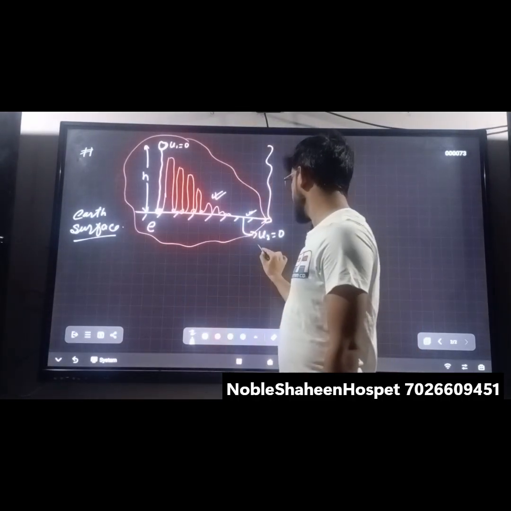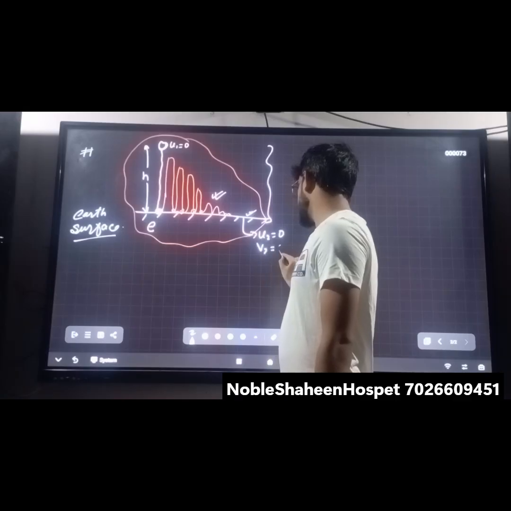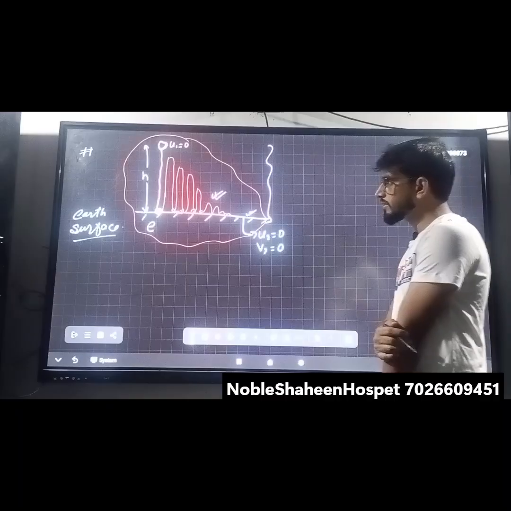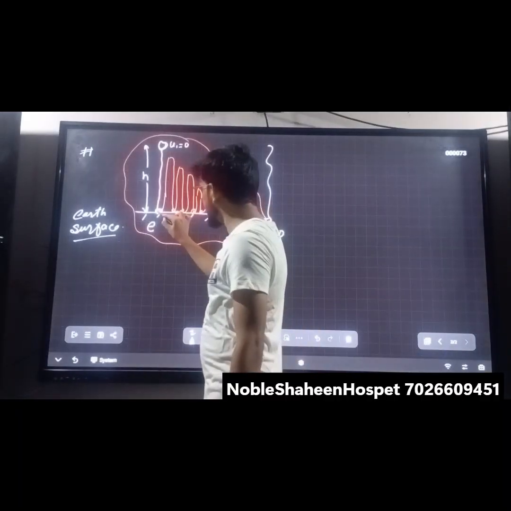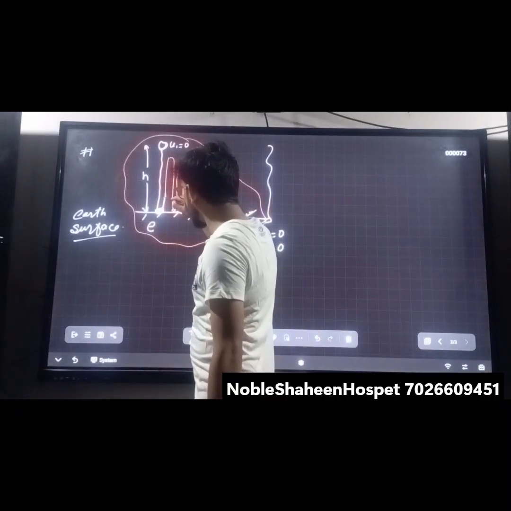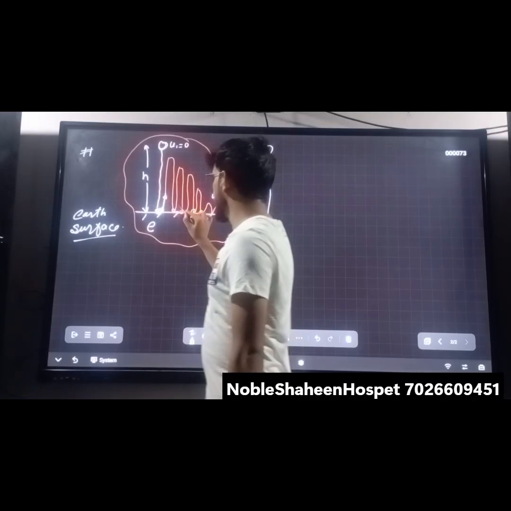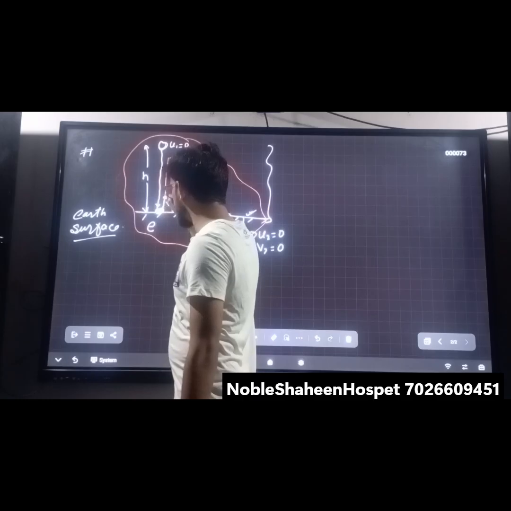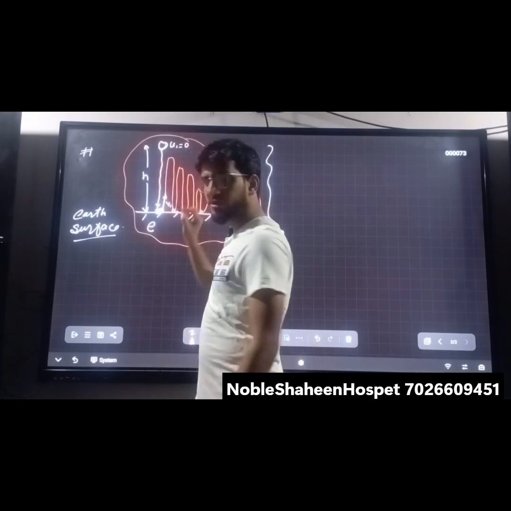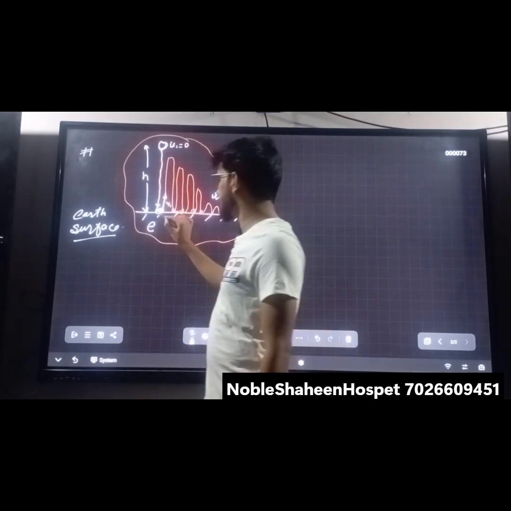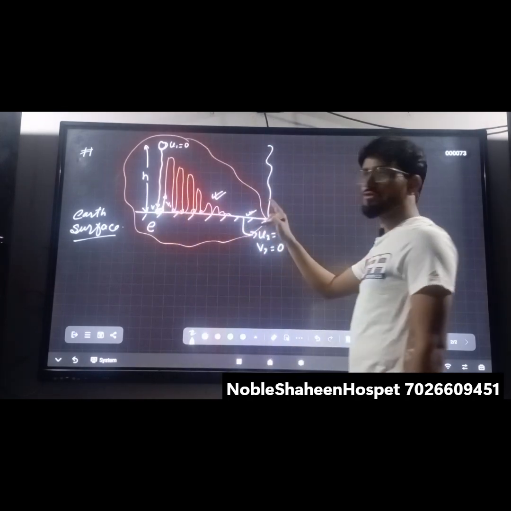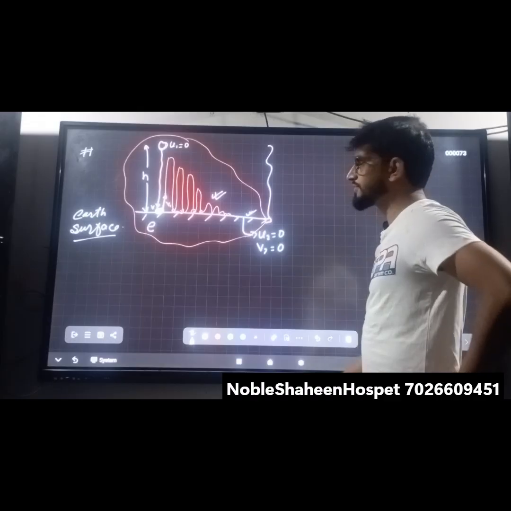So we can also say that u2 and v2 both will be 0. When the ball hits the surface, it will go up with some velocity, let's say v1. Here it is just coming to the surface, and during hitting the ground, let's say its velocity is v. If you want to find the relation between this v1 and v,